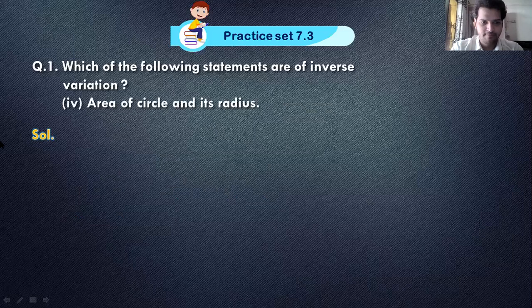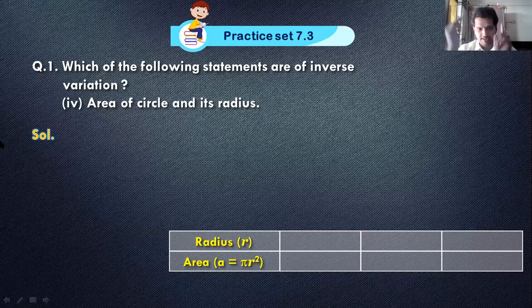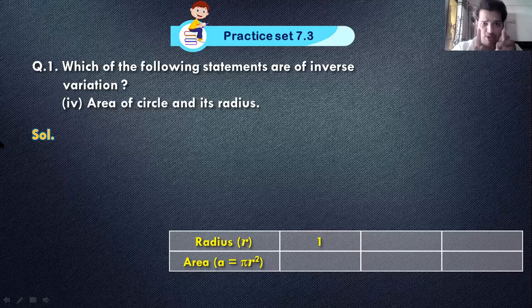Question number fourth: area of circle and its radius. Now area of circle has a formula as pi r square. So we need to check whether the area of circle and its radius are in direct variation or inverse variation. Now remember, students, if you know the radius, you can easily find the area of the circle, that is pi r square. For example, if the radius is 1, then